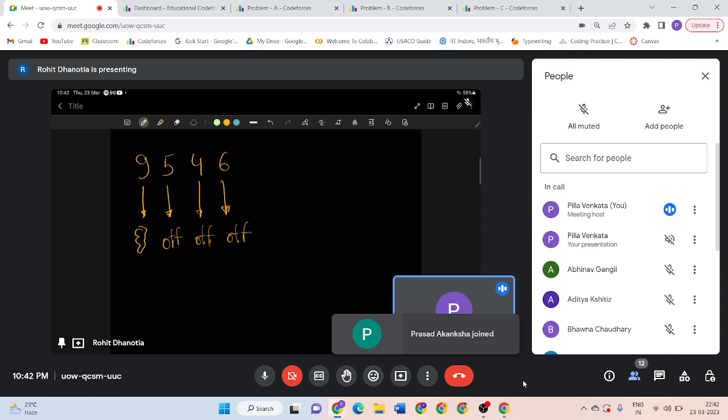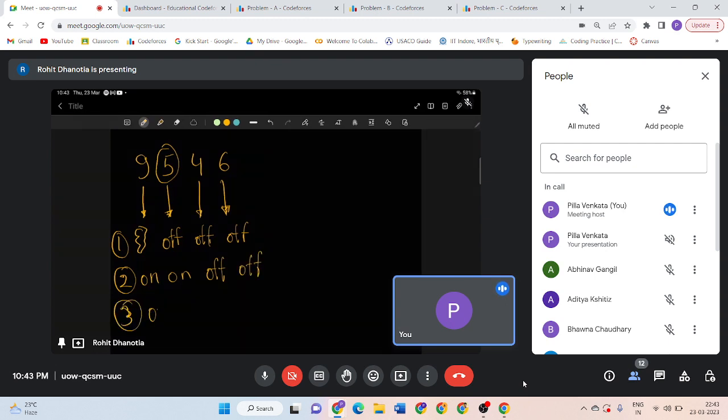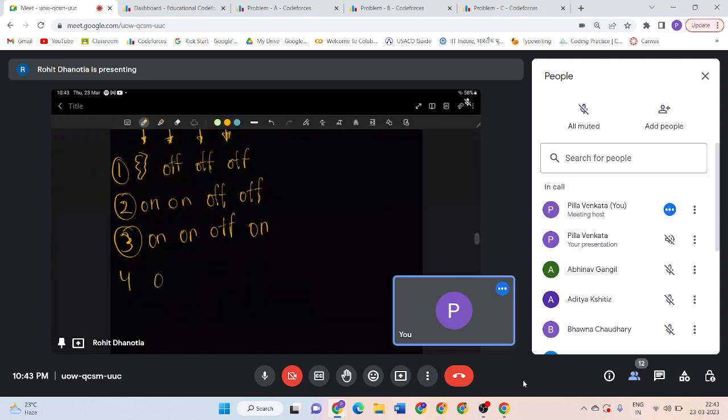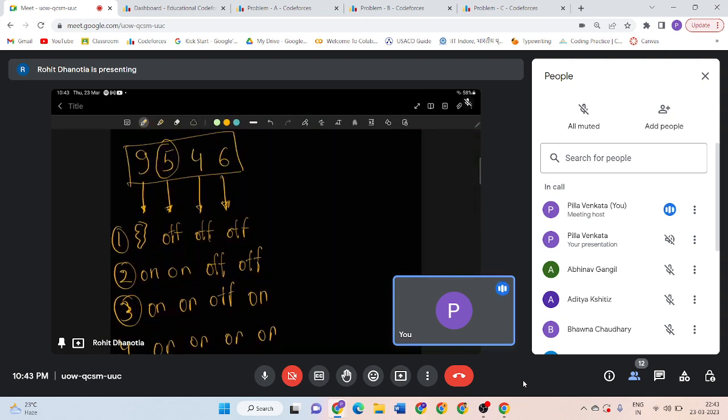In the second operation, I am turning on the bulb 5. So this is on, this is on, this is off, this is off. In the third, this is on, this is on, and the last is off. In the fourth, all on. So in this case all our bulbs have different colors, and